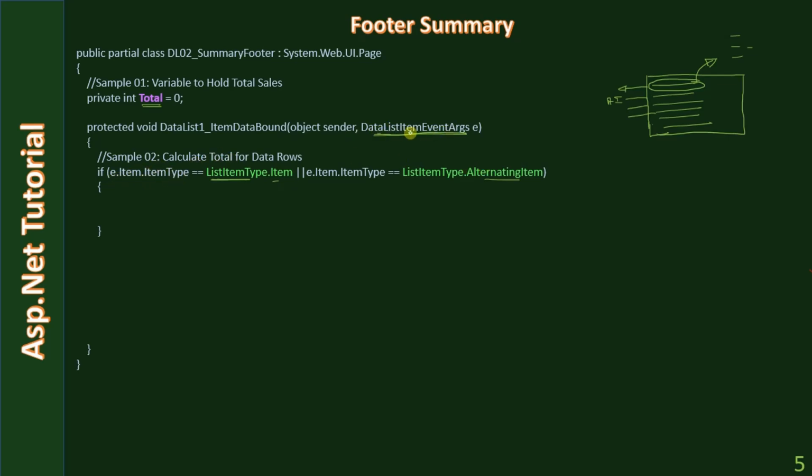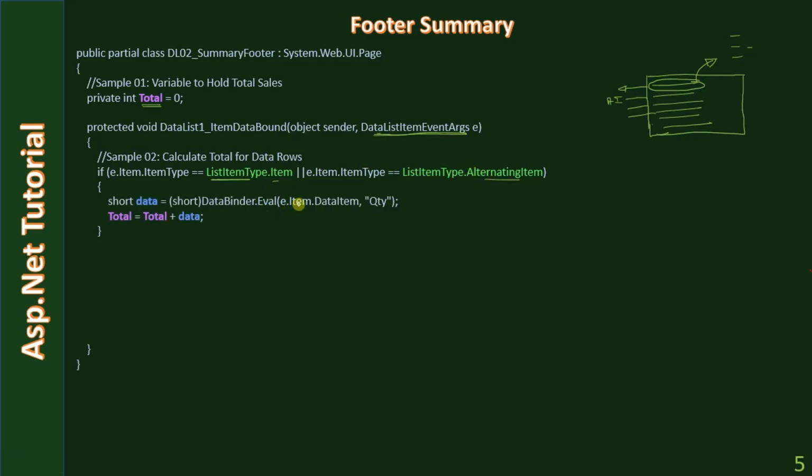e, the DataListItemEventArgs, will be passed for each and every record, and e.Item.ItemType is what we are checking, and we are checking that against the constant. So the enumeration type here is ListItemType: Item and AlternatingItem. So if the type is item or alternating item, then